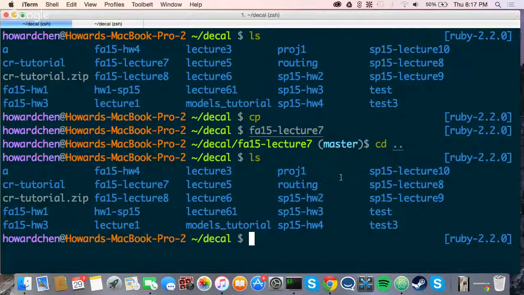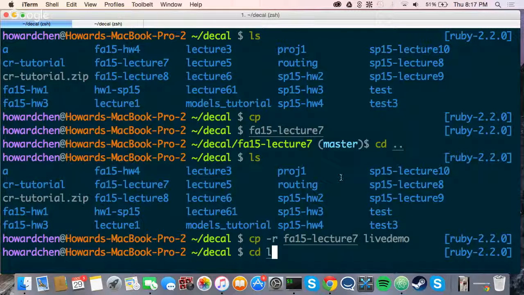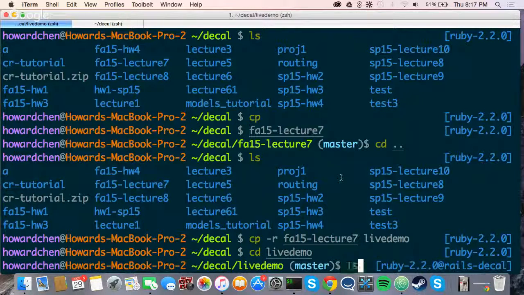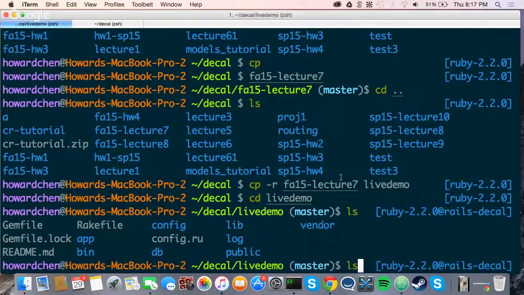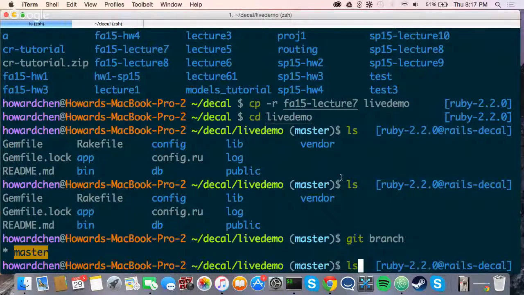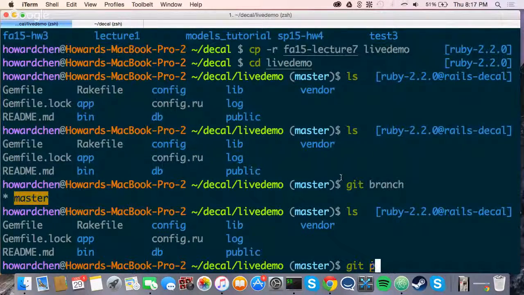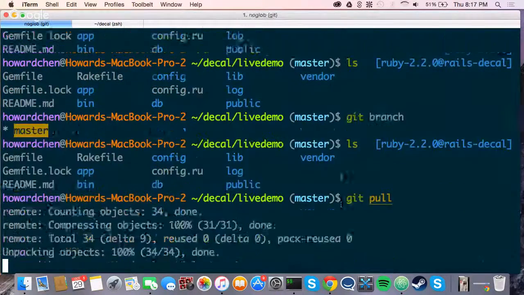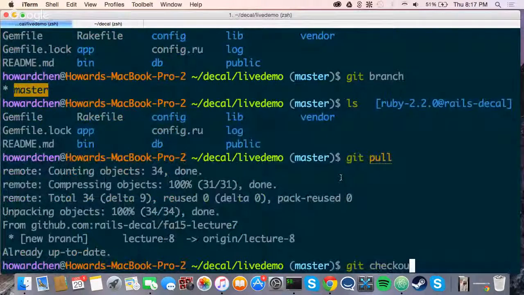So I'm going to start almost fresh and just copy that folder for our live demo. It's an approximate place of where we're going to start. Then I'm going to my live demo repository, and cool. Check out